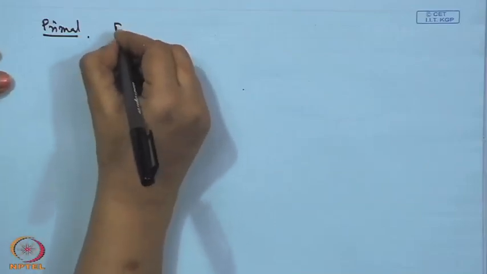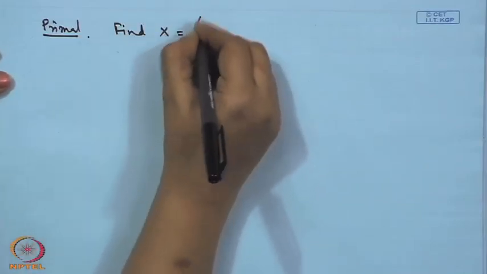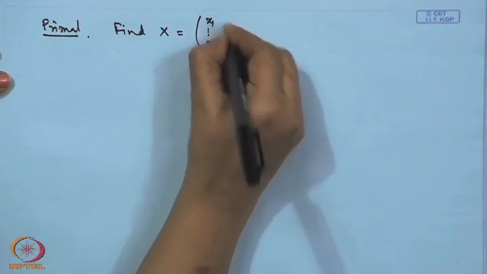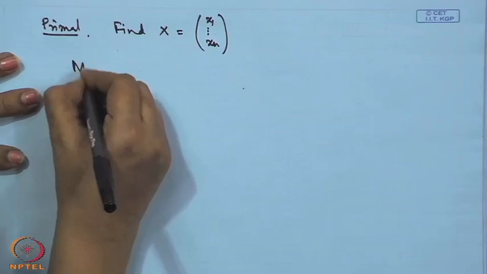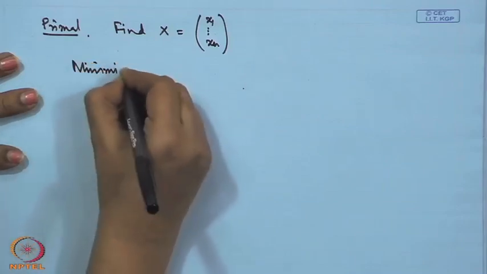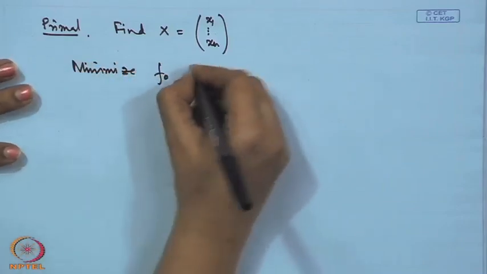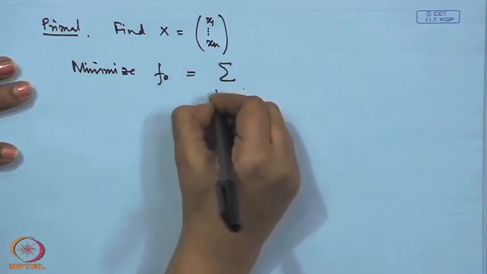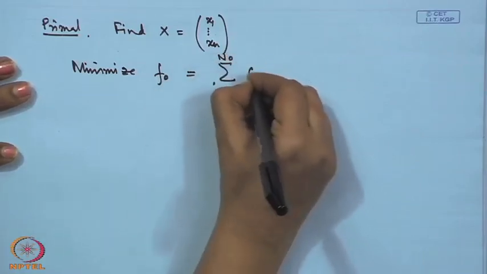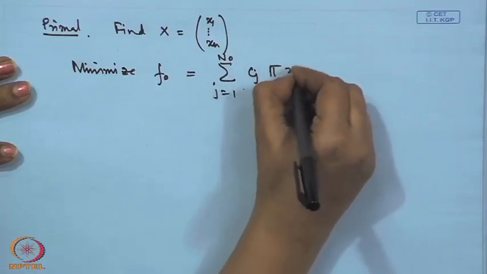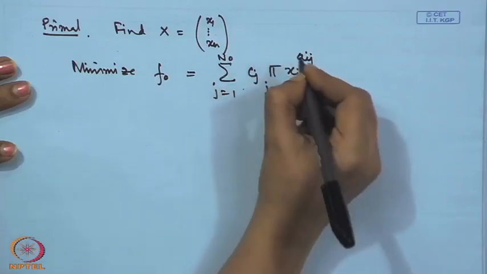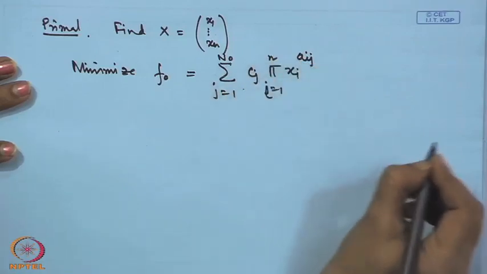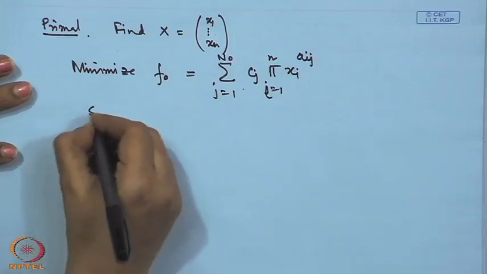What is the primal for the constrained optimization problem? Find x. Formally we can write it in this way. Our objective is to find the decision variable values which maximize or minimize. I am considering the minimization problem. Minimize f naught, which is equal to summation j is equal to 1 to n naught, c j. These are all the monomials. As a whole, this is a polynomial for us. I am sorry, this is i is equal to 1 to n, where n is the number of variables. Subject to,